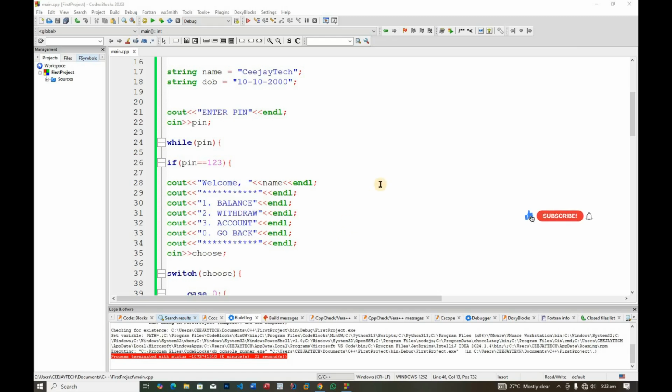Hello, this is CJ, and this is a system which allows you to check your balance, make transactions or withdrawals, check your account profile, and also make several retries. If you enter a pin that is contrary to what is in the system, you are given some attempts, and also when you try anything that does not fall within the range of 0 to 1, that's for